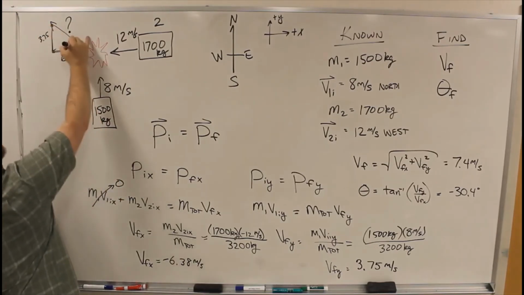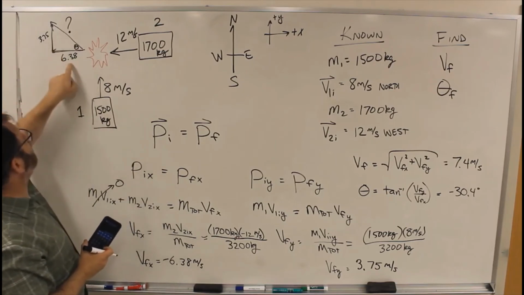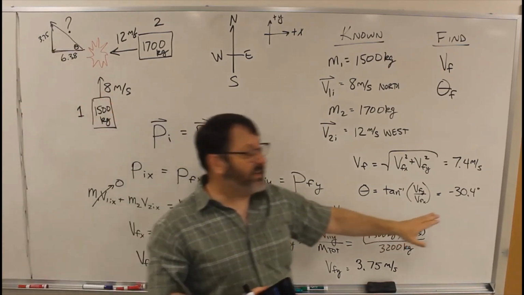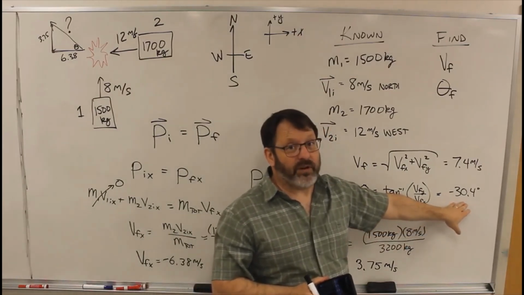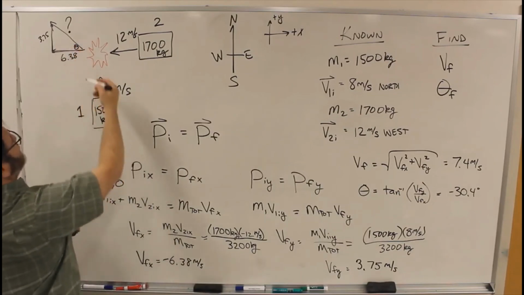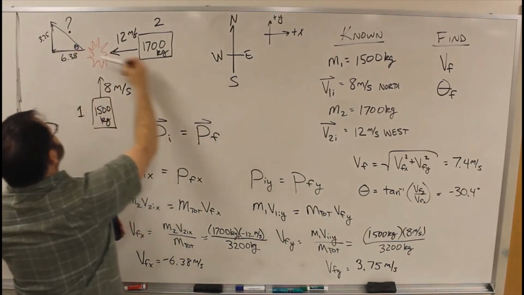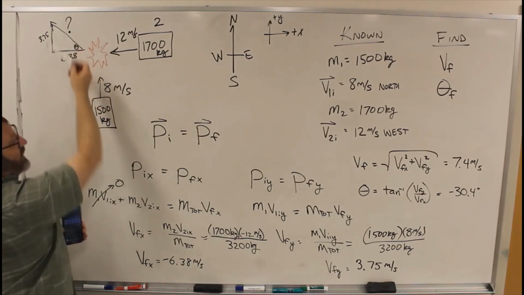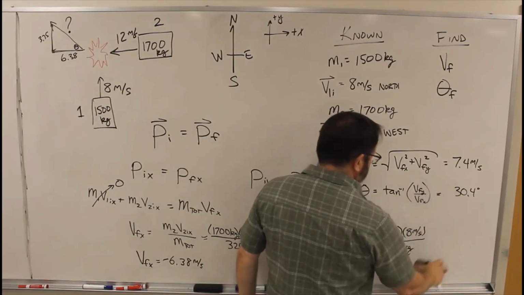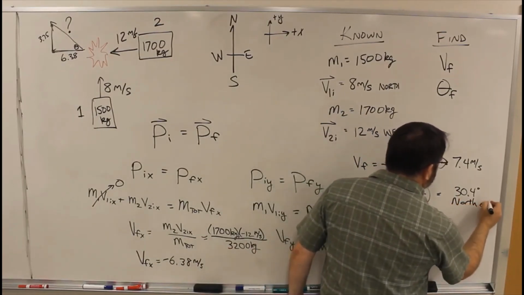So now I can say inverse tangent of that angle is 3.75 divided by 6.38, which is going to give me again 30.4 degrees, but this time positive, and this time I know this is the angle from this direction, from west, it's going north from that. So I am going to call this angle 30.4 degrees north of